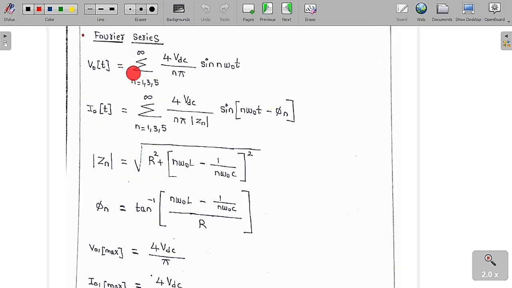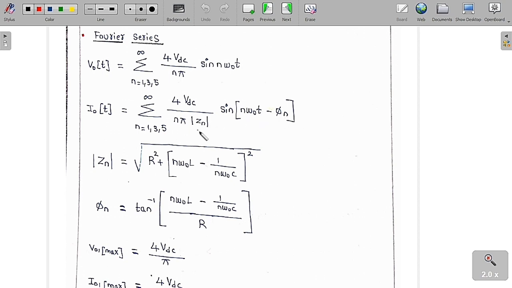So now I want to write the Fourier series expansion for the output voltage and also the output current. Because I have already told you, as the output voltage is a periodic signal, we can write the Fourier series: V naught of t is equal to the sum over n equal to 1, 3, 5 up to infinity, for the peak value which is 4 VDC by n pi, sin n omega naught t. If you want to find the output current, the output current is equal to the sum over n equal to 1, 3, 5 up to infinity of 4 VDC by n pi mod of Zn, sin of n omega naught t